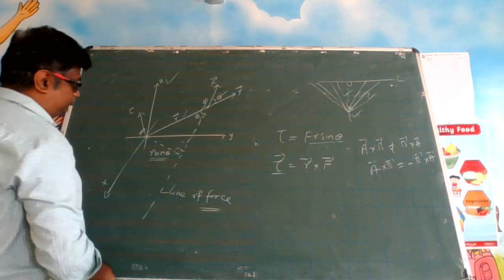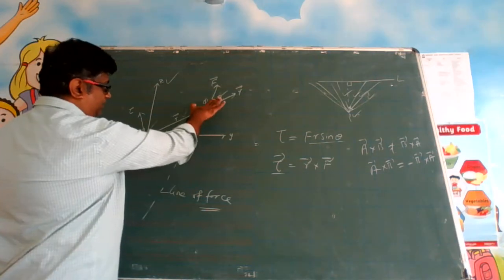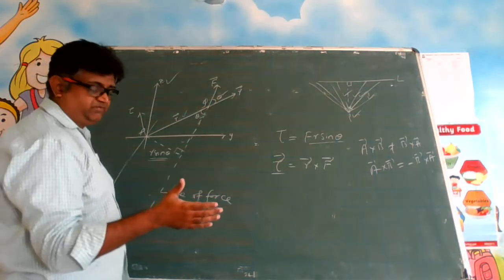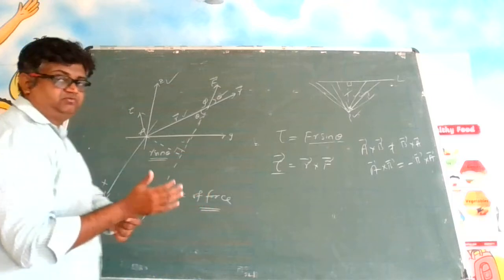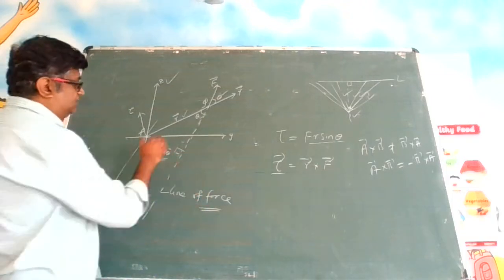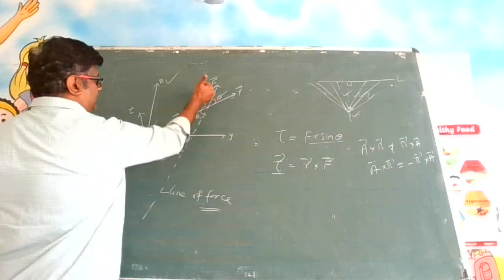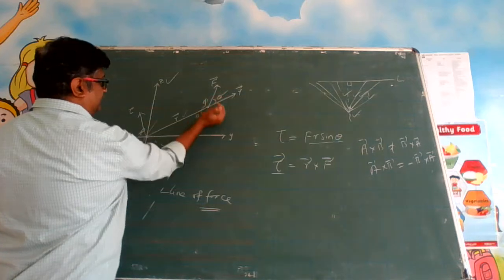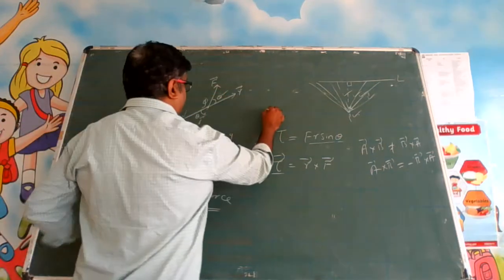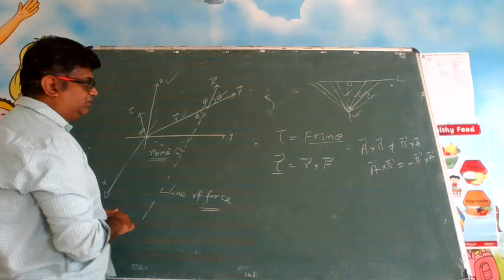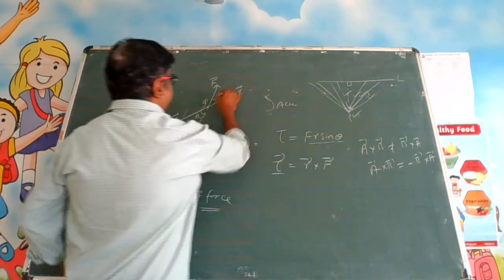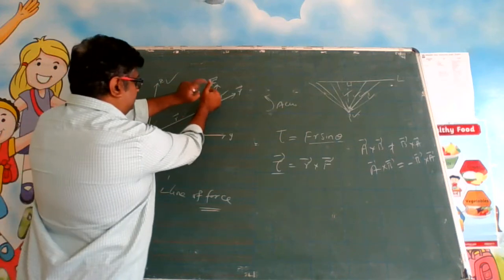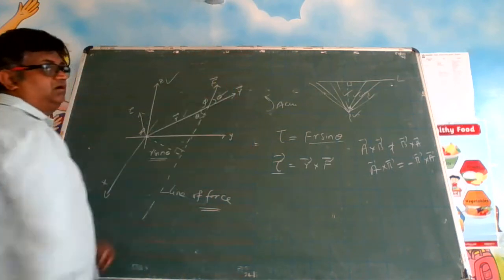What you are supposed to do is, imagine a paper on which you are able to draw this R and F. Now take your right hand and curl your fingers. Curl your fingers from where to where? From R towards F, like this. Hold the right hand, how does it turn from R to F? See, you can curl your fingers like this. Which direction is it? Anti-clockwise, right? In this case, it is anti-clockwise. So curl your fingers, and this thumb is pointing in the torque direction.